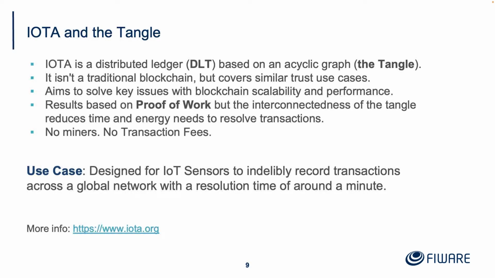Well, IOTA is a distributed ledger. It's not a blockchain. It is, however, an acyclic graph. What this means is that elements further up the chain are pointing in one direction towards multiple elements further down the chain. So if I know that something's correct, I can say the following are also correct, and then I'm having a trust situation here. So it covers the same use cases as a traditional blockchain without the heavy weight of requiring